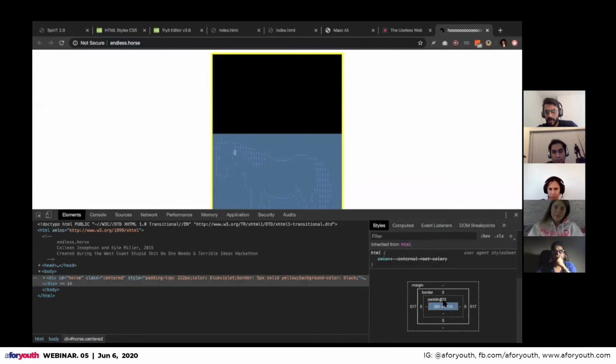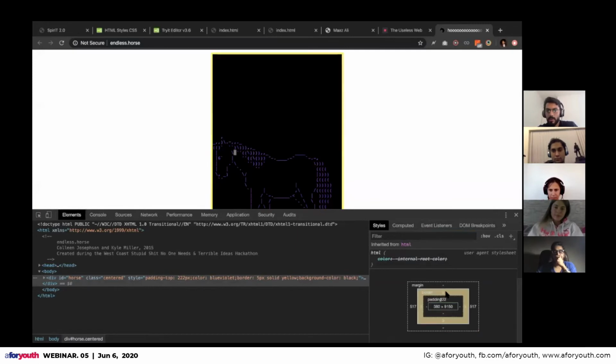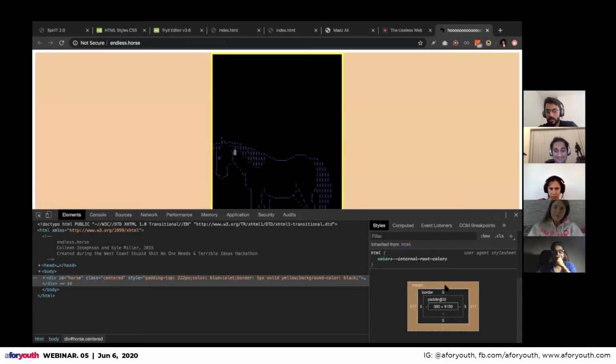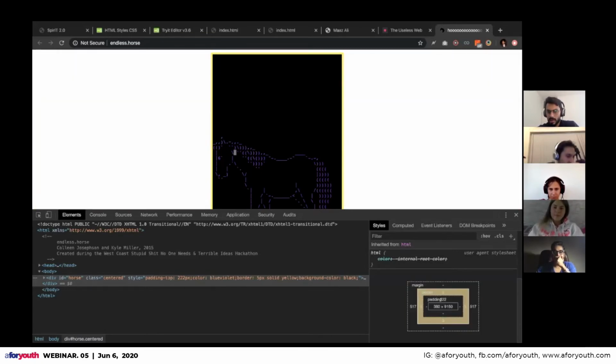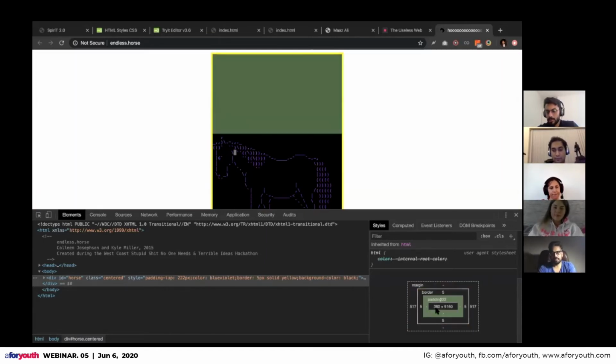So here is your text. Here we only added padding to the top of the content, and then you have a border on every side. You can have a border on one side, on two sides, three sides, or on all four sides. And then you have a margin as well. So you see the margin on the right and left side is 517, but there is no margin on top. So everything outside the border is not colored. It is only margin, and everything inside the border is colored.